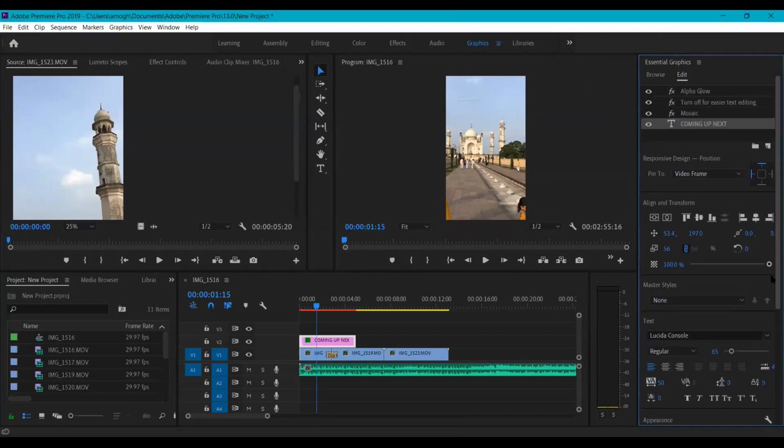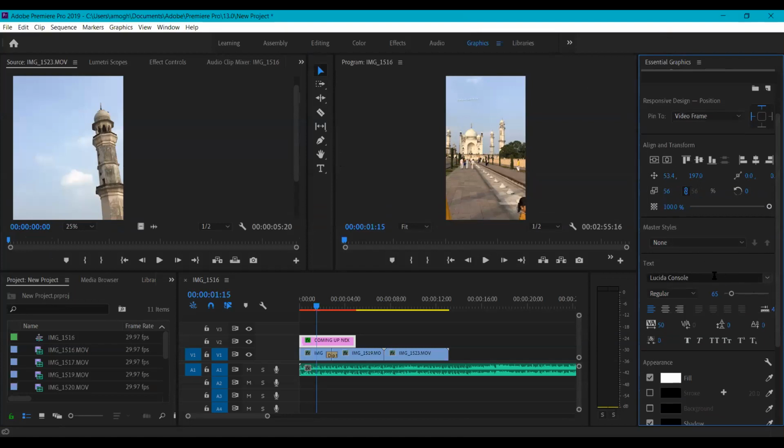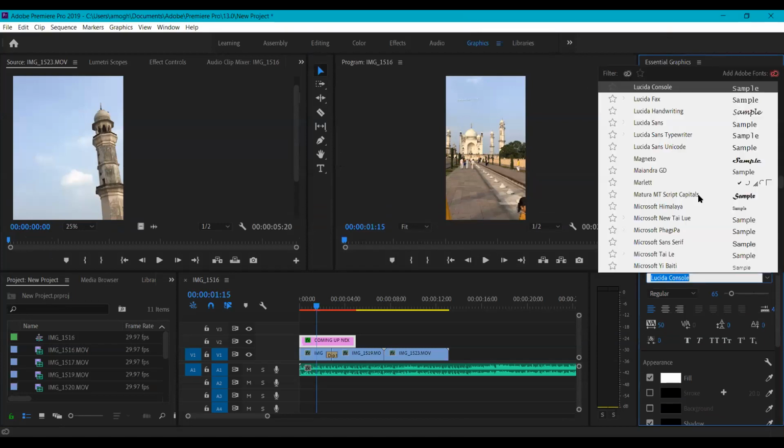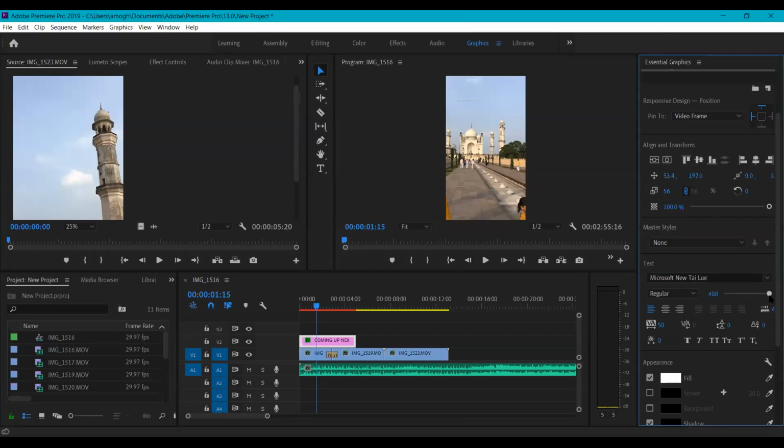We can change the font, size of the font, everything. You'll have to increase the size of the font in this because it is not seen. It is very small. Okay, now it is seen. Since the video was taken on a phone, it's cropped into a photo size. This is a mobile video, that's why it's seen in the small frame.